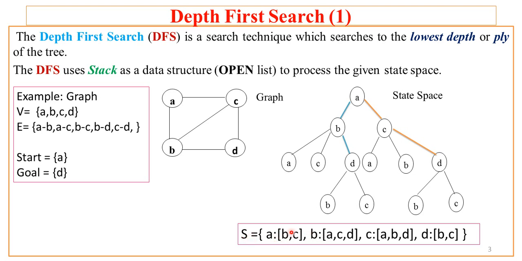Just focus on the rectangle I am pointing here, wherein I have list of all the nodes of the graph and the immediate successors of each of the nodes. For example, A has immediate successors B and C. Now what about B? B has immediate successors A, C and D. Now in state space we see this. Now C has immediate successors A, B and D. So we have mentioned here. That is the third element of our successor list. Then D has B and C.